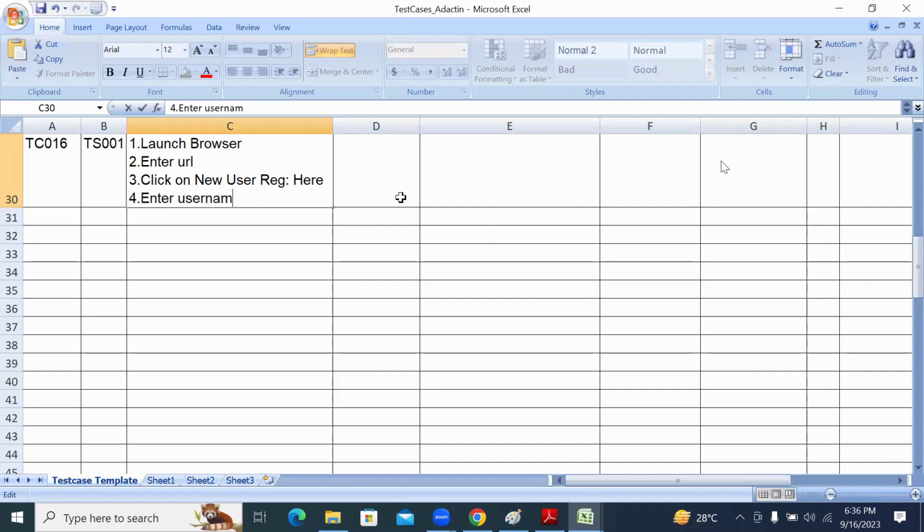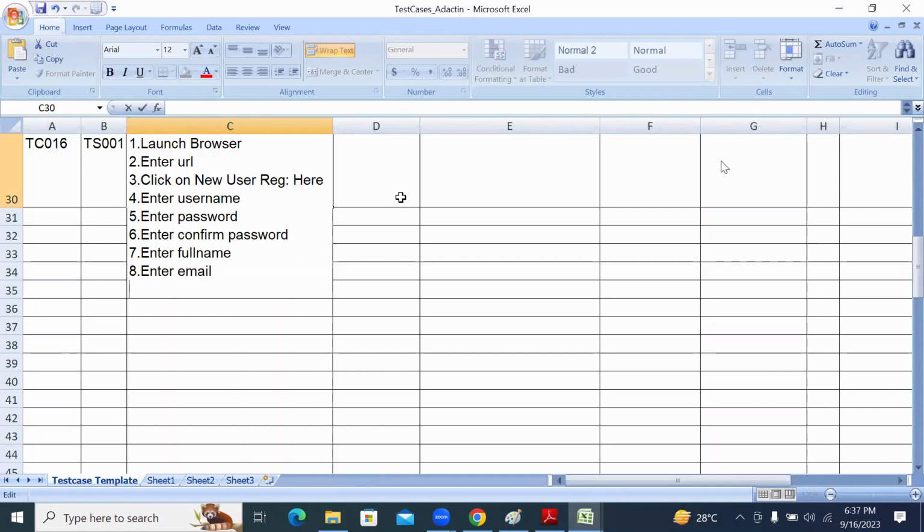Enter username. Okay, done. Fifth step. Enter password. Okay. After that, enter confirm password. Okay. Taking the seventh step. What is it? Enter full name. You need to take care about entering the full name. Okay. After that, sorry, enter email. Okay. After that,